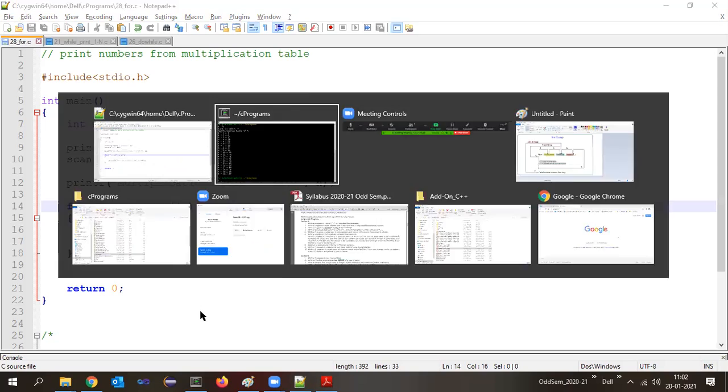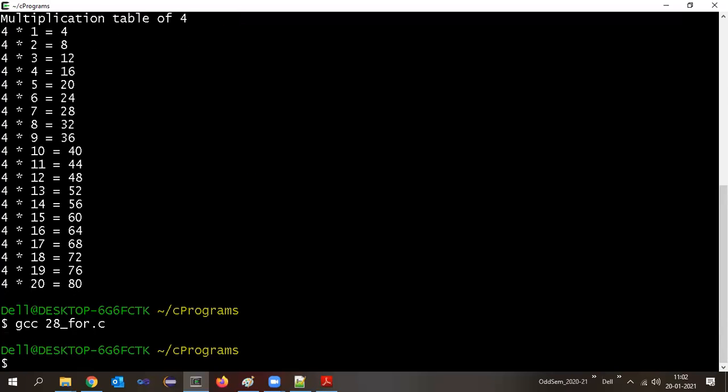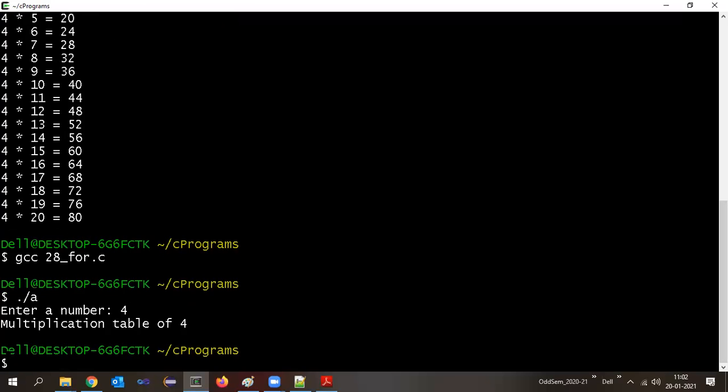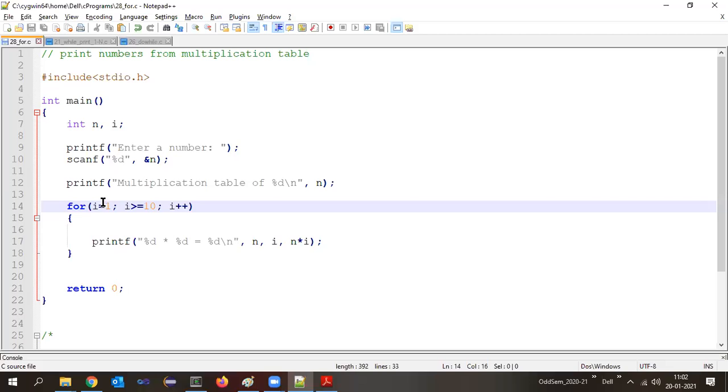If you compile and run the program, enter a number 4, the multiplication table of 4 is printed. After that, it enters the for loop. It looks at the statement i = 1, which is done. Then i >= 10. So the i value is 1. 1 greater than or equal to 10 is false.